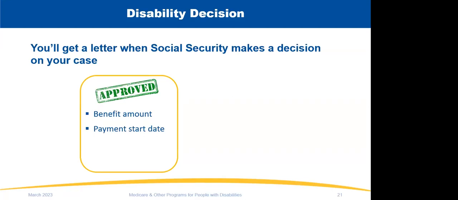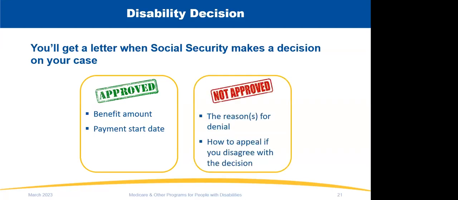Now, once DDS makes their decision as to whether or not the application is approved or denied, the applicant does receive the notice. If the application is approved and it was a Social Security disability application, that notice is going to reflect the benefit amount and when to expect that first payment. With some SSI applications, those approval letters are not going to reflect that information, because SSI is that needs-based program and it is dependent upon the income and resources, and because the process can take months,